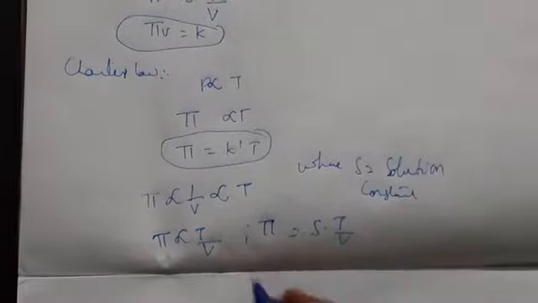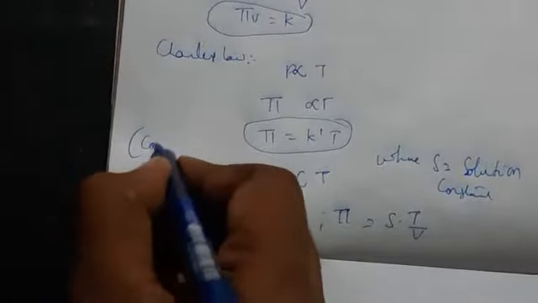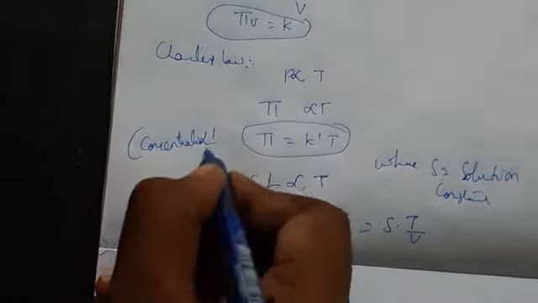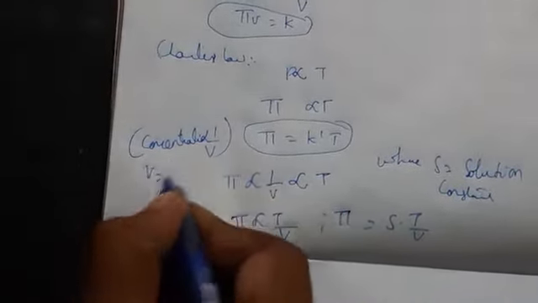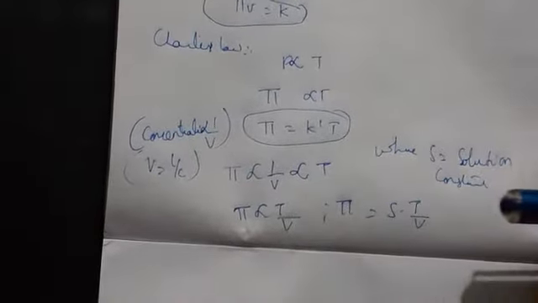So we can write pi equals CST, where concentration is always inversely proportional to volume. Then volume equals 1 by C, so in the place of volume we can write it as